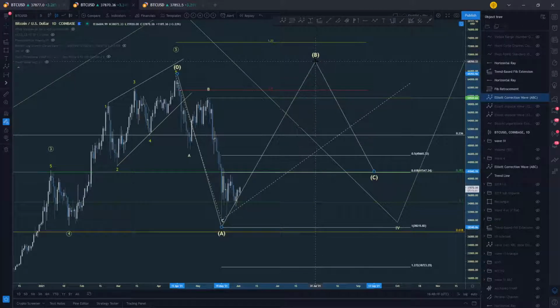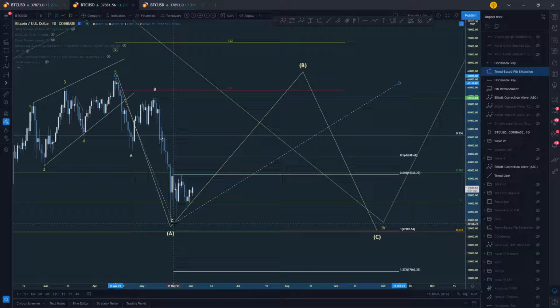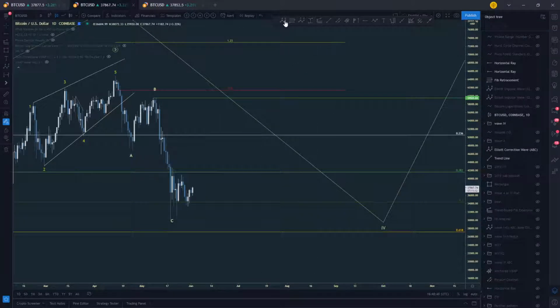So it is a running flat if we take the high and don't breach the low, or an expanded flat. We could still just make something like this. That will be really, really funky, but you know, just take the low here and come back up. But first we have to concentrate on the wave B. There are also other possibilities,